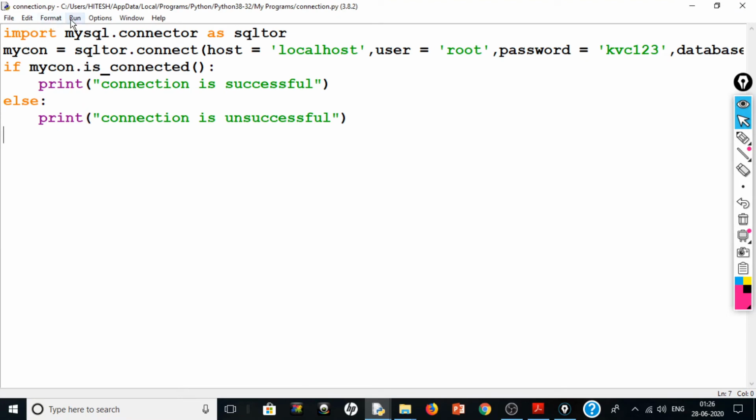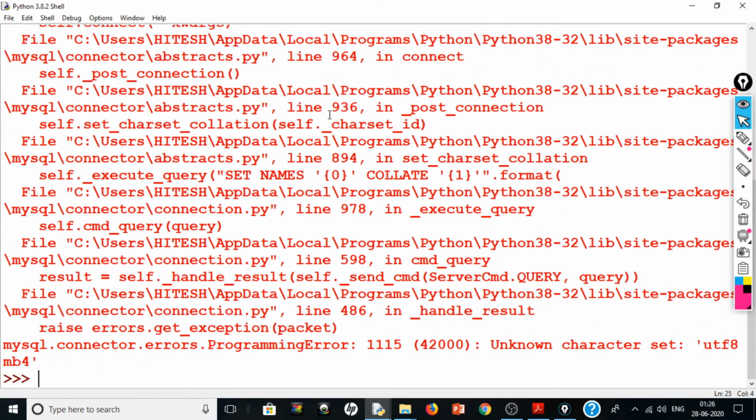So let me run it. So we have got some errors, and if you see this error, what is the error? Unknown character set UTF-8. So this is a common error.